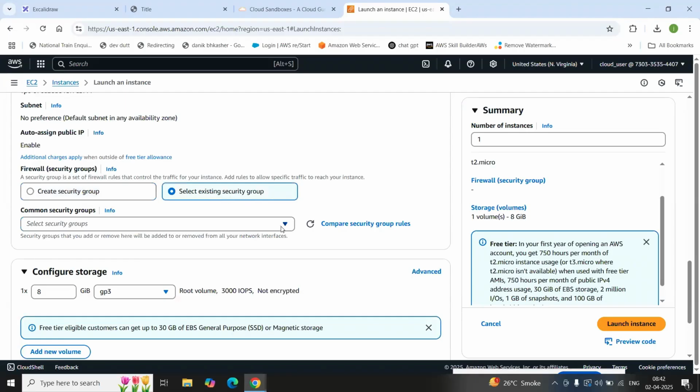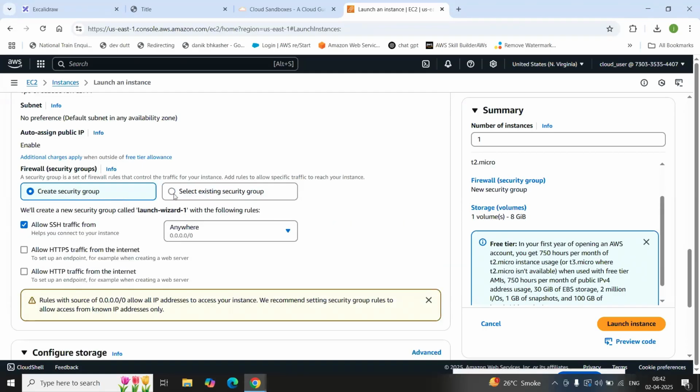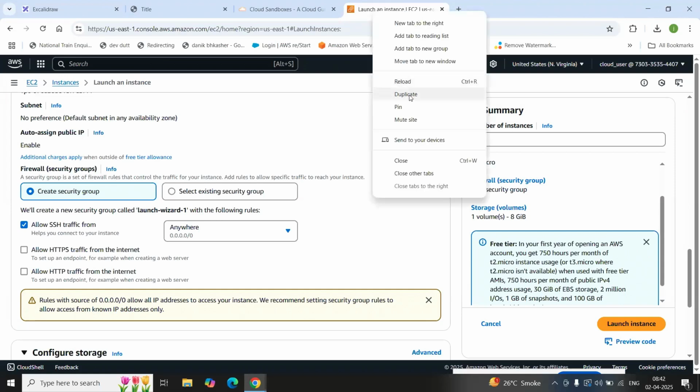Once you click on this section, it will ask you for the security group name. Now you can see there is only one security group, and the name is default. There is no security group created by your side. If you want to create your own security group, what you need to do is, again, I'm going to duplicate this window,